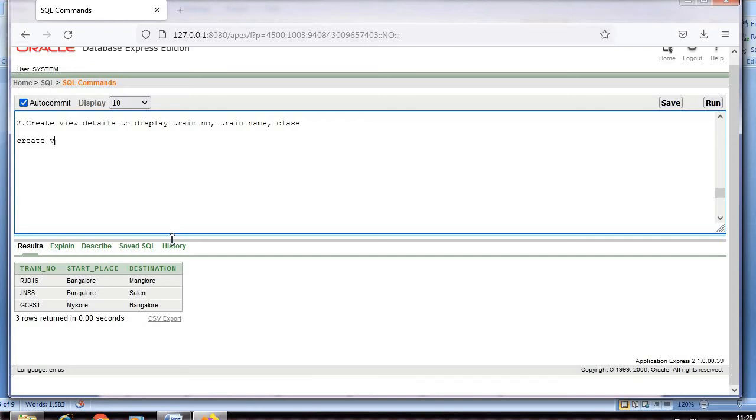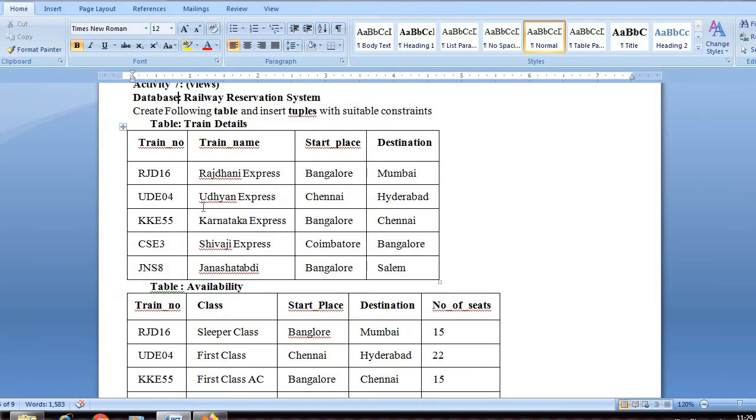So create is a command, create view details as, and they've asked you to find certain attributes. As I told you already, train number is in both the tables, but train name is in train details, whereas class is in availability table.